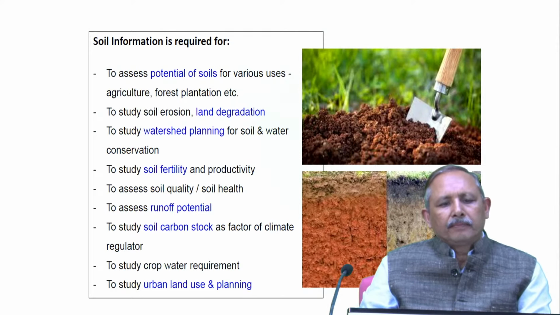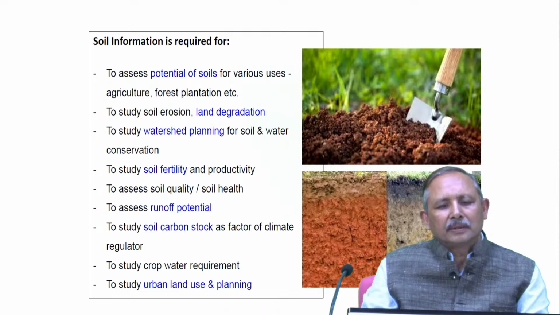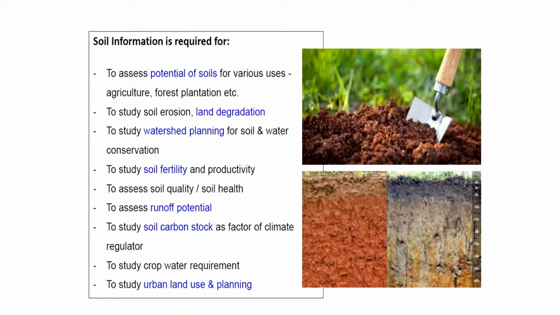As we know, soil information is very much required to assess the potential of soil for various uses, for example agriculture, forest, plantation, urban planning, and many more applications. Soil information we need for assessing land degradation, mainly soil erosion. For watershed planning, we require this information for soil and water conservation. To study soil fertility and soil productivity, soil information is required to assess soil quality, soil health,